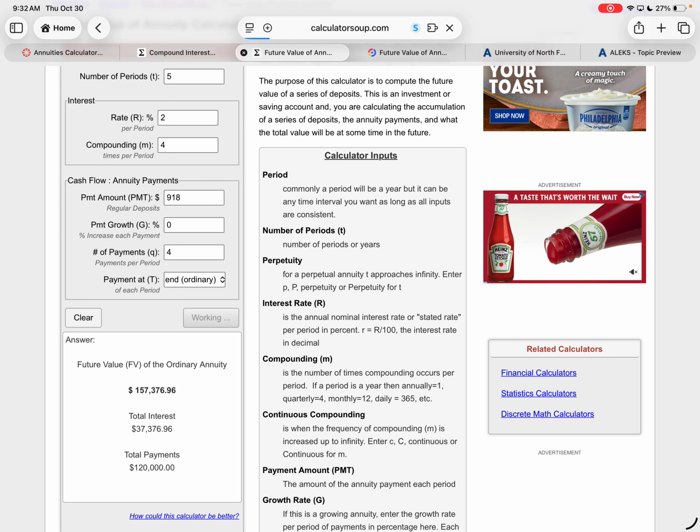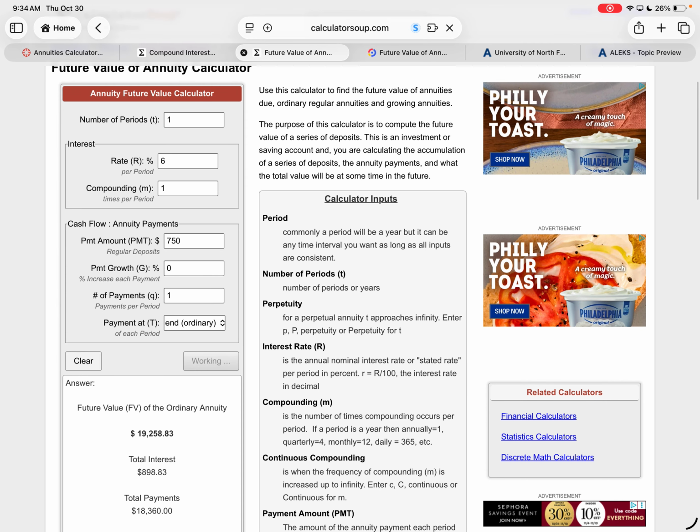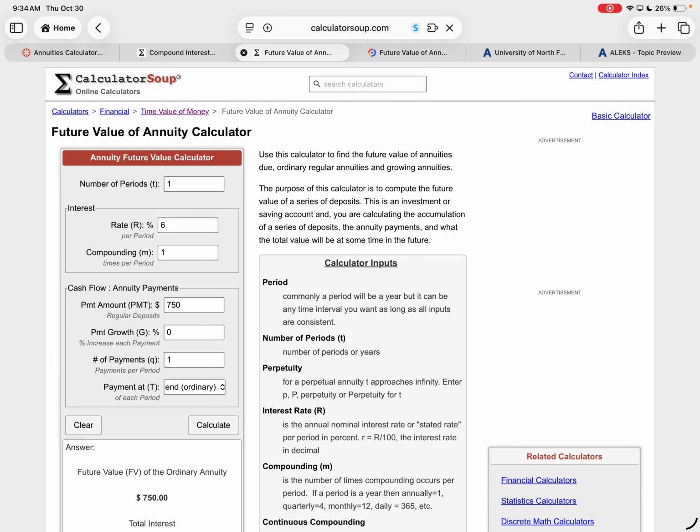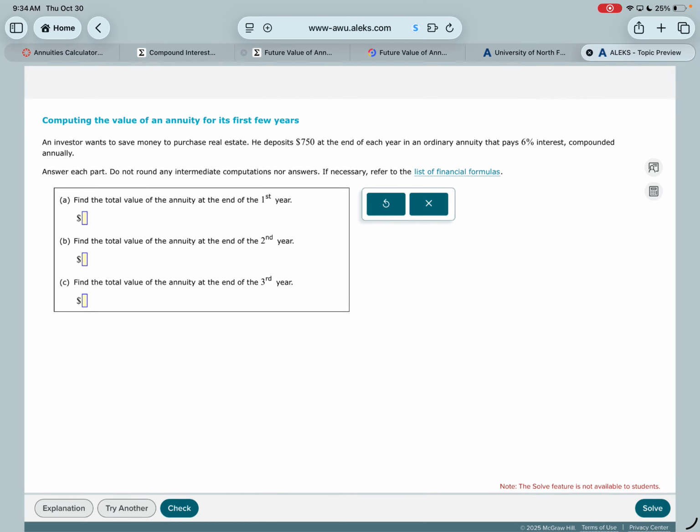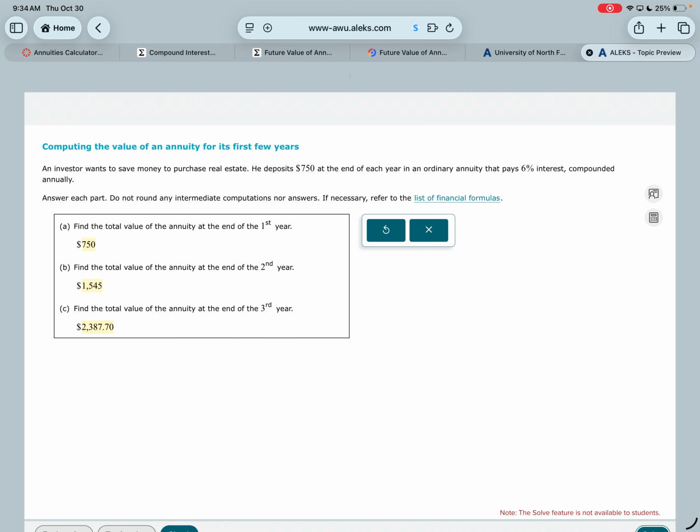Okay, so we're going to look at each year here. It's compounded annually, 750, and we're making one payment at the end of the year. So on this problem, we're seeing what happens after each year. On the first year, if I make a payment at the end of the first year, I only have my original balance in there. I only have $750 in there, right? I'm going to click solve so I don't have to type those in. If I make the payment at the end of the year, then I only have my original balance in there. But if I change it to 2 years,